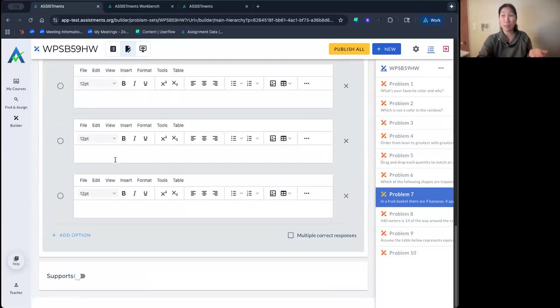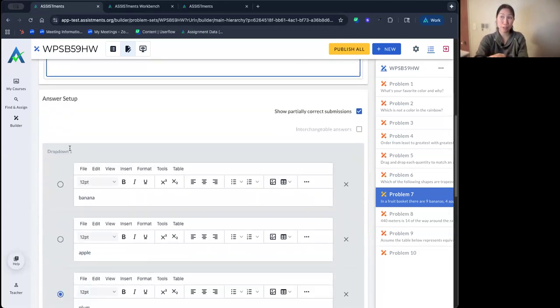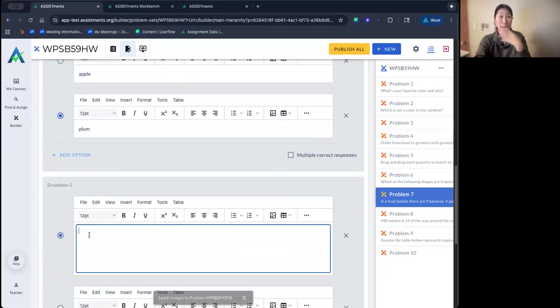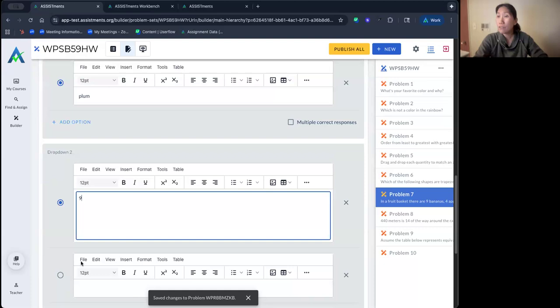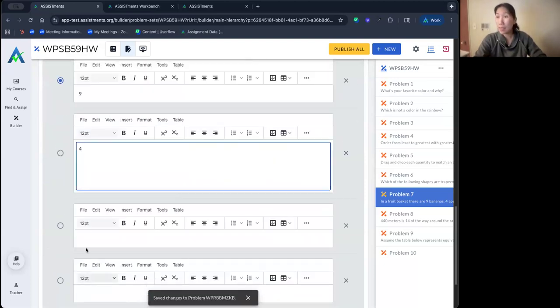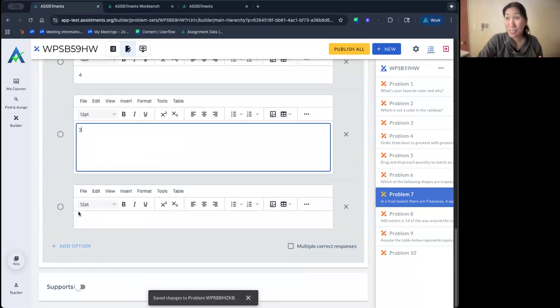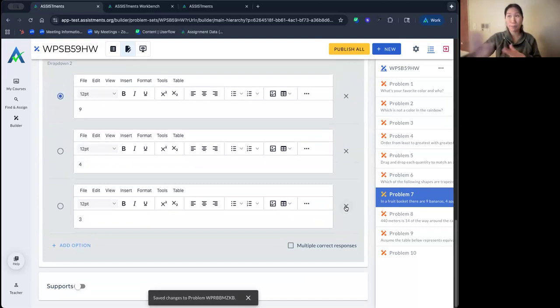So in this case, I want students to fill in that answer. Here's my first drop-down: banana, apple, plum. And here's my second drop-down where I can choose the numbers. I might choose 9, 4, and 3. In this case, I only need 3 options, and I do not need this fourth option, so I'm going to hit that little X next to it to remove it. So now when I preview it,